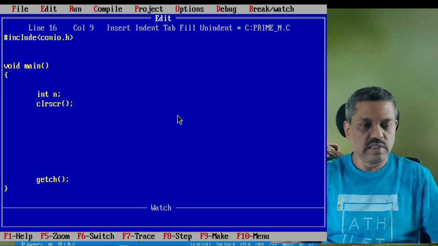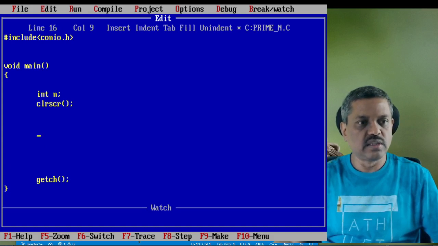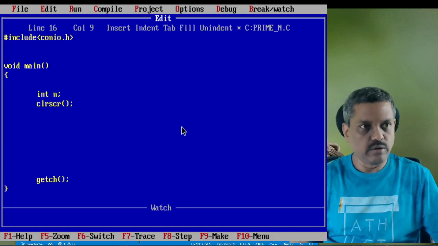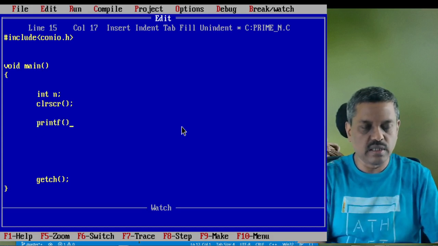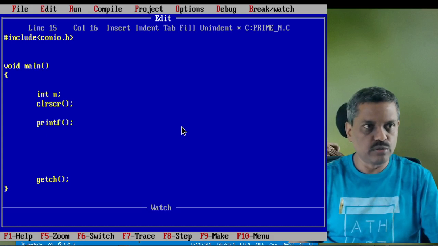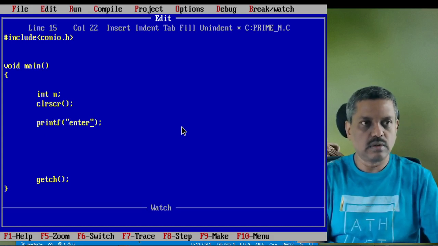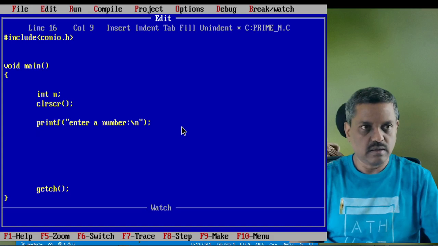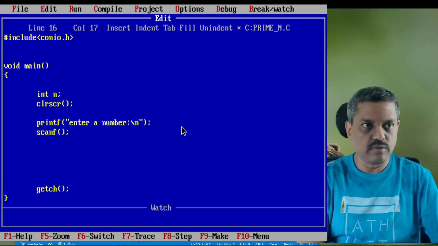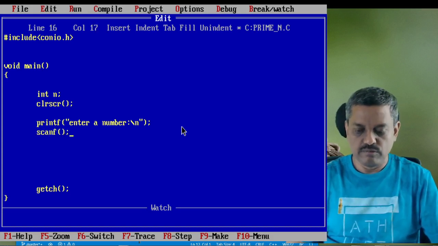Of course, we need to read this from the keyboard. Before we read, we have to give information about what we are supposed to enter as a value. So, enter a number. Put the cursor in the next line, and then scanf is another input function which will enable us to read from the keyboard.